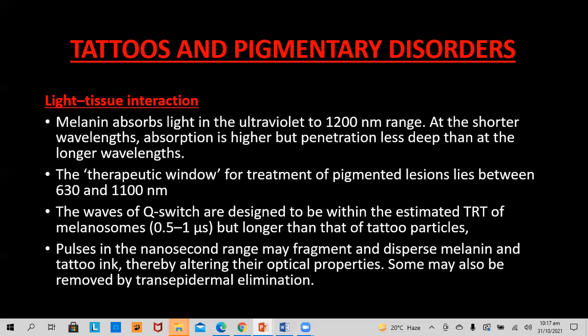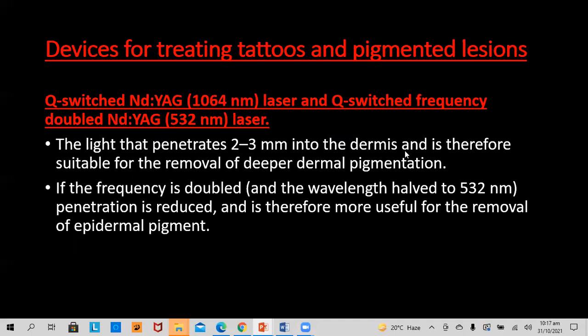Pulses in the nanosecond range may fragment and disperse melanin and tattoo ink, thereby altering their optical properties. Some may also be eliminated by transepidermal elimination. Devices that are used for treating tattoos or the pigmentary lesions. The first and the most commonly used device is the QSwitch YAG laser 1064 nanometer or double frequency